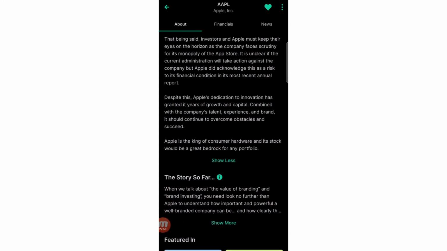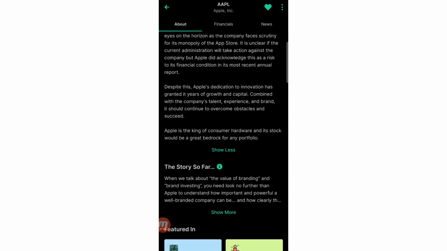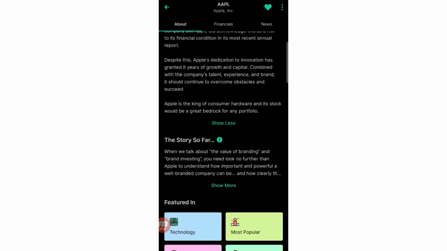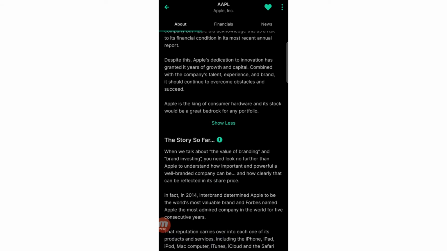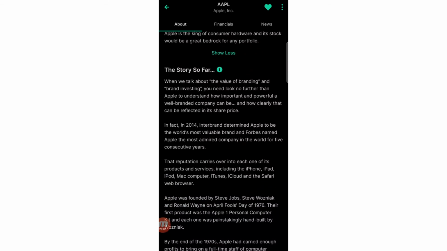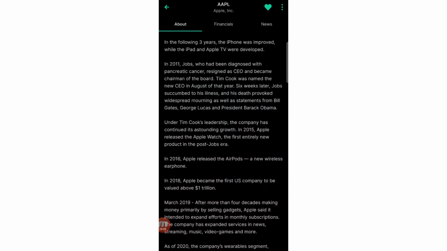So I really love this feature as well. They're telling us their opinion. You can go ahead and see the story so far as well. So this is actually still more information about the Apple company, right? So going further down,